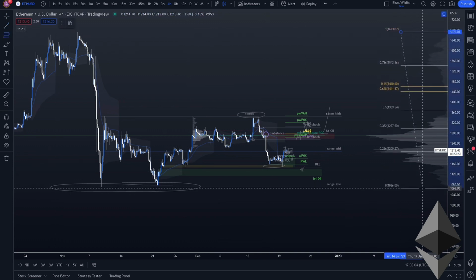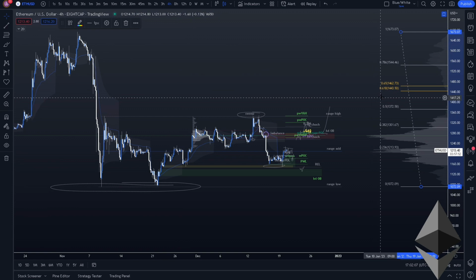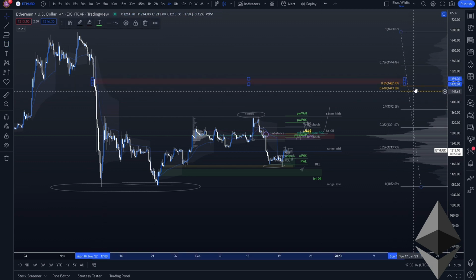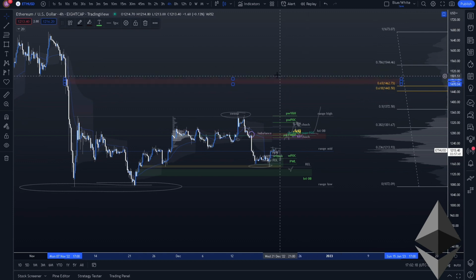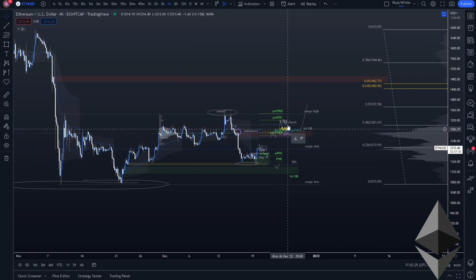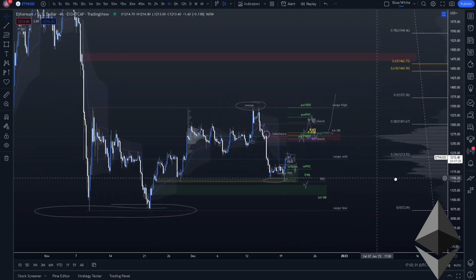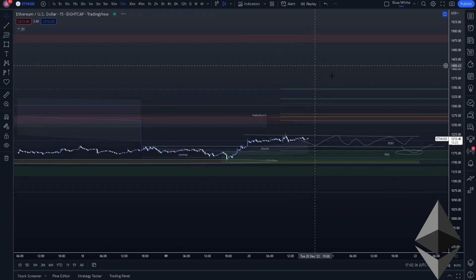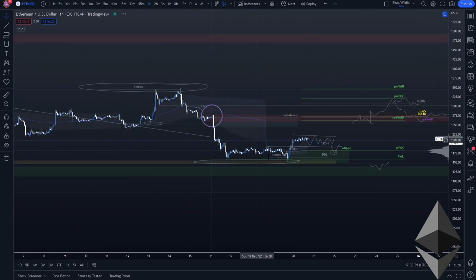So if we take the fib here, just generally, we do have the golden pocket right here from this swing high to the swing low, and we even have a 4 hour bearish order block right here, which is kind of close to the golden pocket as well. So this is kind of a general area I'll also be looking at. If price action develops to be pretty bullish, I'll definitely give you guys another update on that. But in this video, I just want to keep this more of a shorter time frame and help you guys get into trade entries if you miss this trade entry down here.